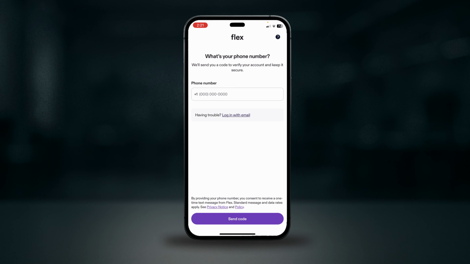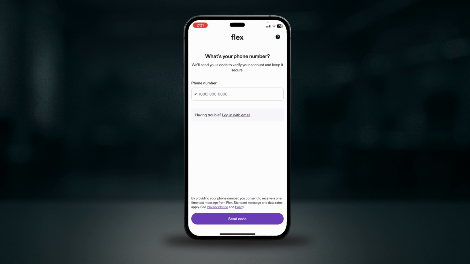Did you reinstall the Flex app and now it's treating you like a brand new user, asking you to start over from the beginning, even though it recognized your email as already registered? Here's the fix. This happens because Flex app stores your session token locally and reinstalling clears it. So the app technically does not know that you're already logged in even though your account still exists on Flex